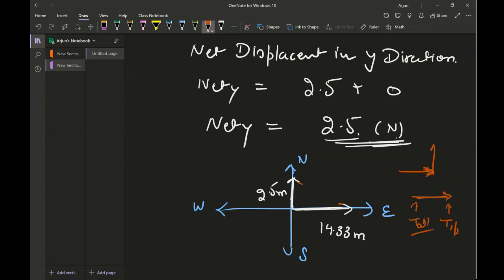So tip of the vector should match the tail of the other vector. So I have to move this vector from this location down here. So this becomes 2.5, and now I can add these two vectors. So this will be the resultant, and this resultant will start from the origin and end up at the tip